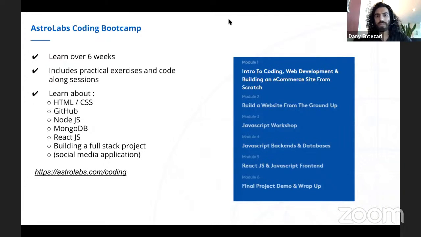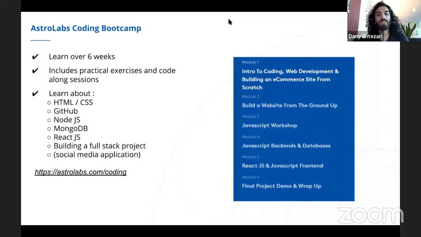So everything we talked about in this workshop, data structures, algorithms, programming constructs, all of those are covered in this bootcamp. In addition to those important fundamentals, we also talk about the trending technologies.